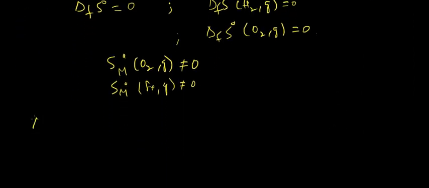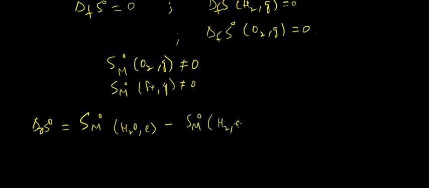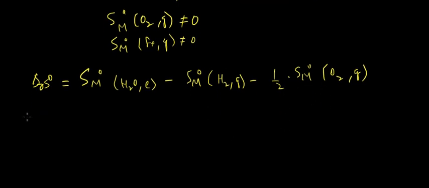Okay, so if we write ΔrS° in terms of molar entropy, then it would be Sm° H2O(l) minus Sm° H2(g) minus half of Sm° O2(g). The stoichiometric coefficient for H2O(l) and H2(g) was 1 and 1 here, so we didn't write it. But in case of O2(g), the stoichiometric coefficient was half, so we are just multiplying that with Sm°. Okay, similarly